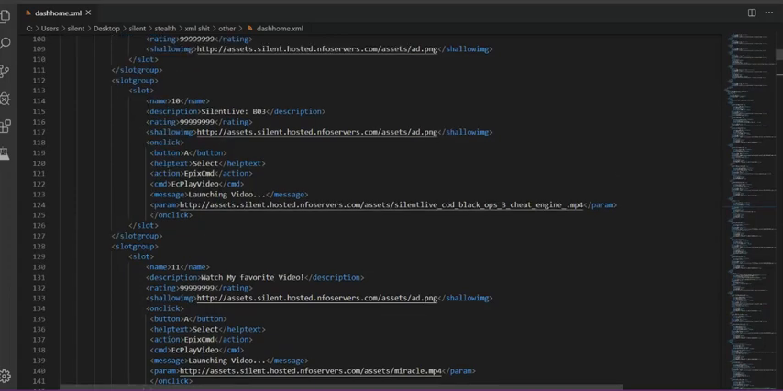Here's the description. For example, here's the video, Silence. So his description is the name of the tab. This is going to be the picture, the image that's going to be loaded, and then you've got this section right here where it says on click. This structure is the entire structure that